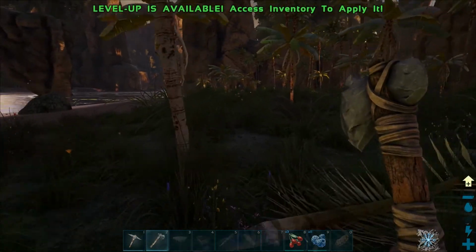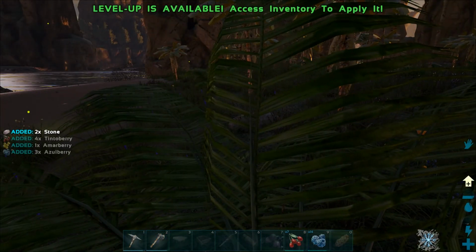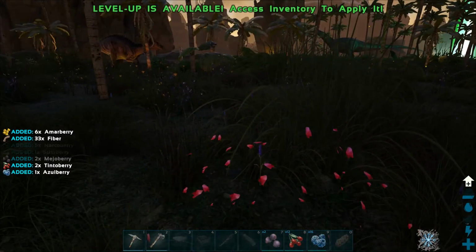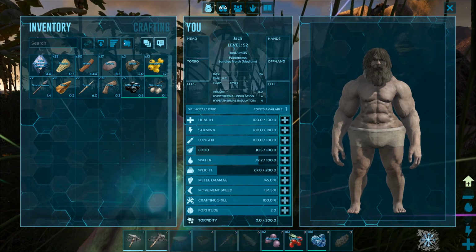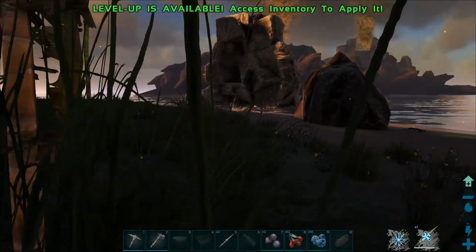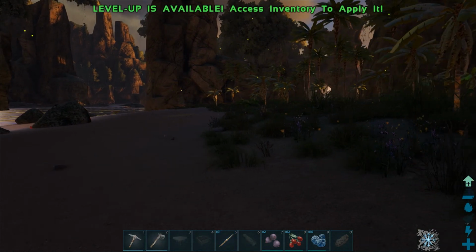Fiber, cool. Fiber's easy. So guys, I'm going to do a bunch of grinding off camera because you don't want to see that. Basically, I'm going to be gathering a bunch of resources, and I'm going to make a pen that I have used in the past. I would call it a little bit more of a PvP style pen, because...